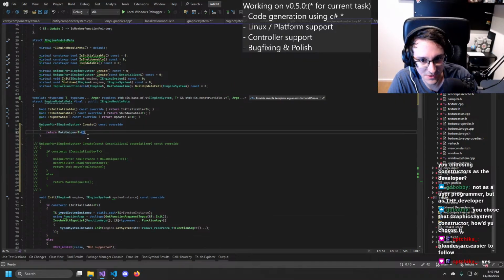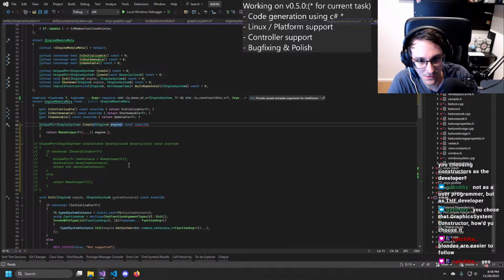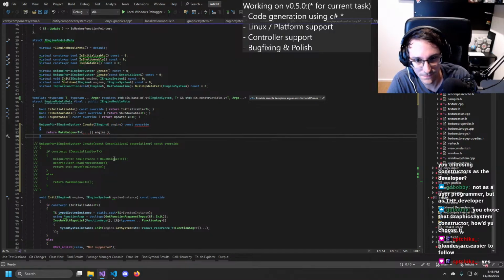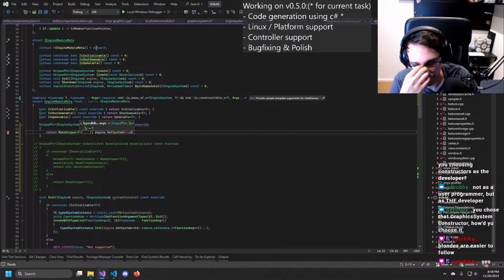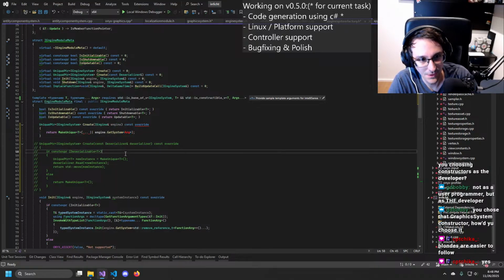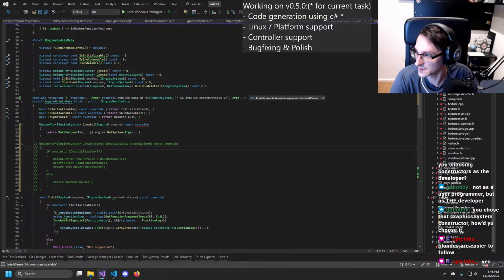Those forward expressions are still not my strong suit, not gonna lie. Is it this and then here? I need engine here. It's something like that. Those forward expressions are beyond me.